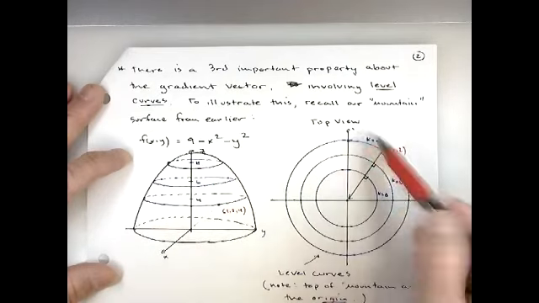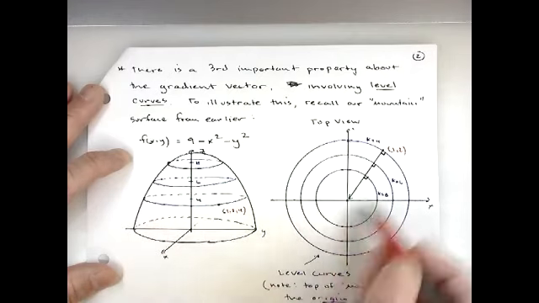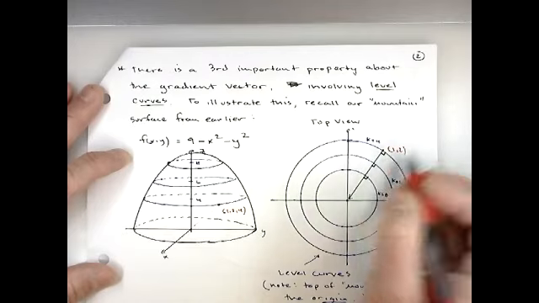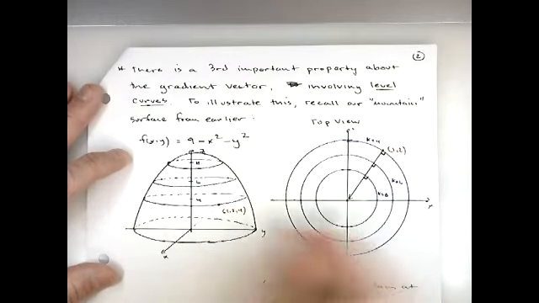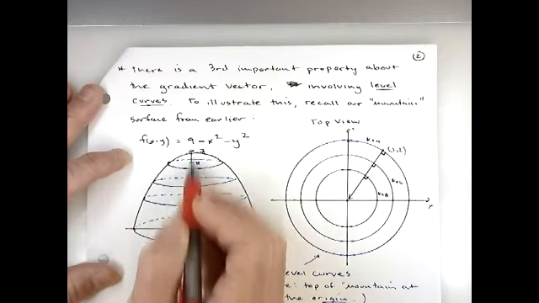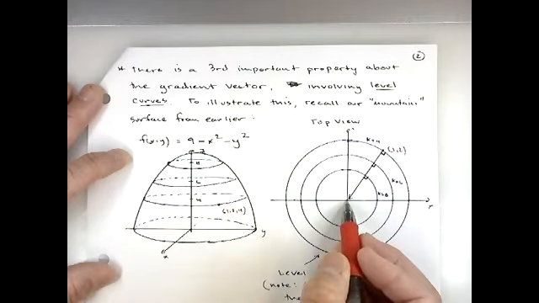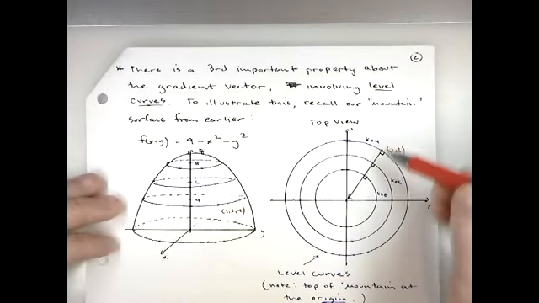If you were up on the z-axis looking downward, you would see a bunch of these circles, right? Concentric circles representing your level curves. So if we're at this point 1, 2, now remember the summit of the mountain would be right over the origin, right? It's right along the z-axis. So if you're looking from a top view, it's going to be right here at the origin. And so it makes sense